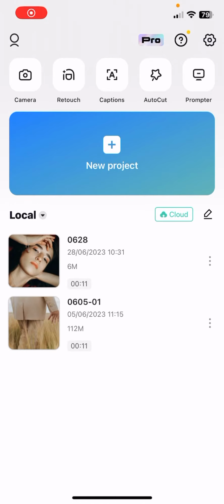Hello guys, in this video I'm going to show you how to change the text size of the prompter in